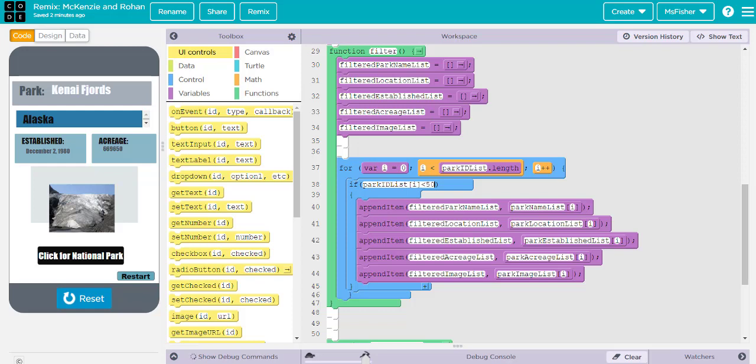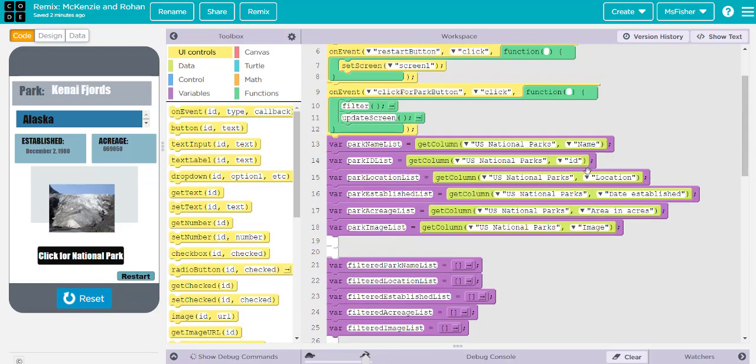Hey everyone, this is Miss Fisher, and this is another example of modifying a function from the practice create task so that it takes on a parameter. So this is Mackenzie and Rohan's project, and if you can take a look, we have the data set national